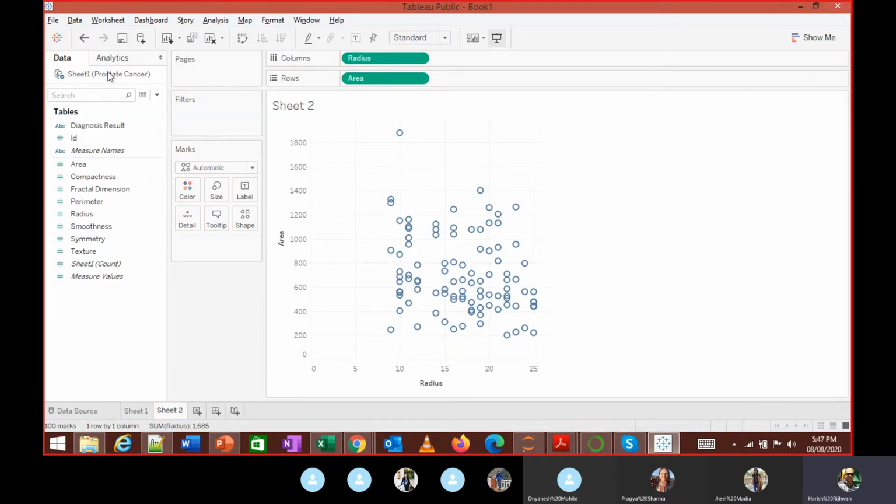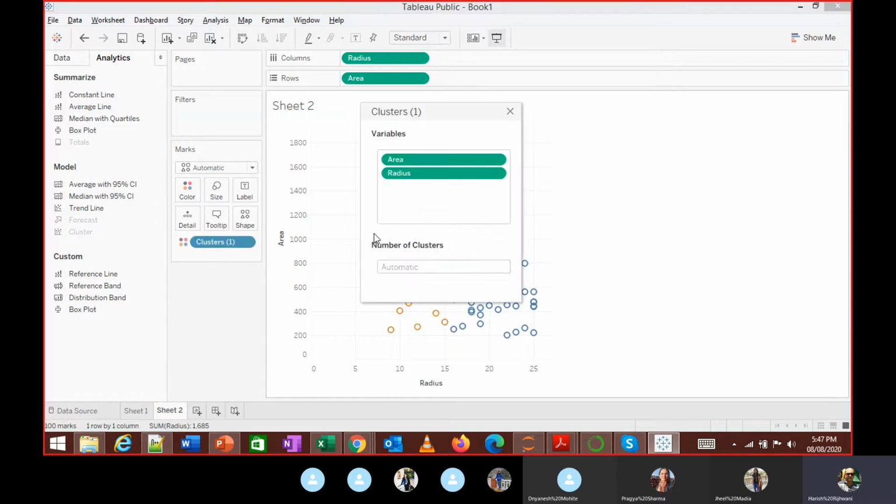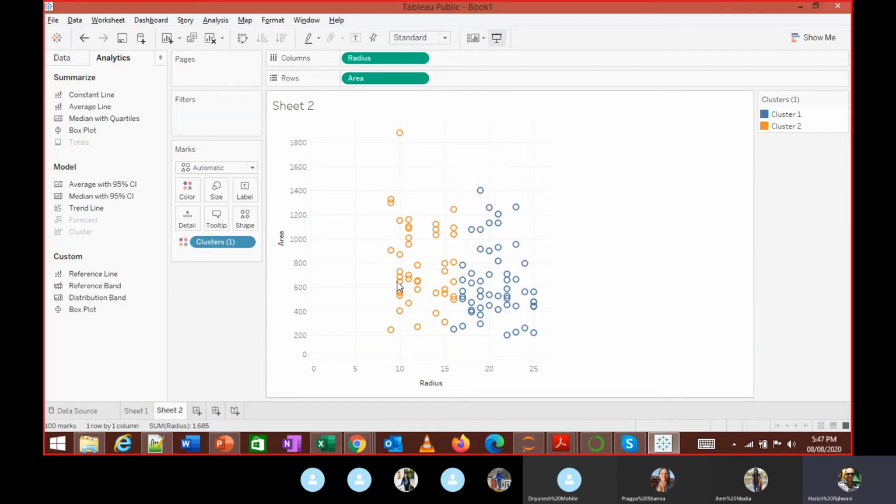So here, in analytics, I just drag this cluster over here and say how many clusters I want. So it automatically generates those clusters. I don't know what algorithm it's using, but that's how it works.